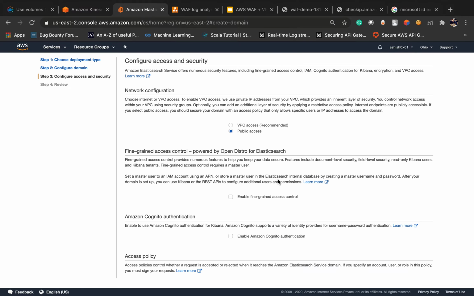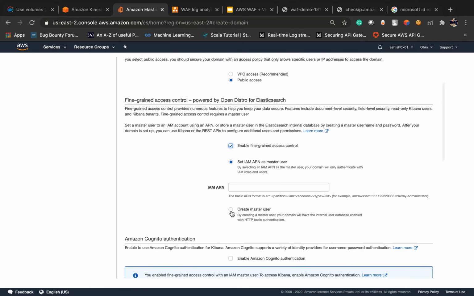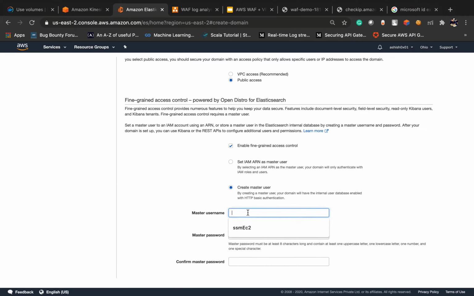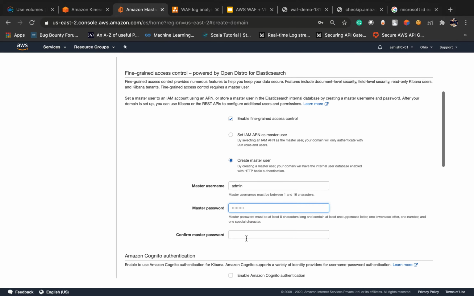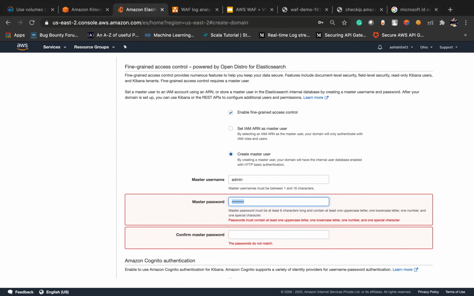In the next step, enable this one and create a master user. I'm taking it as admin and putting in some password.